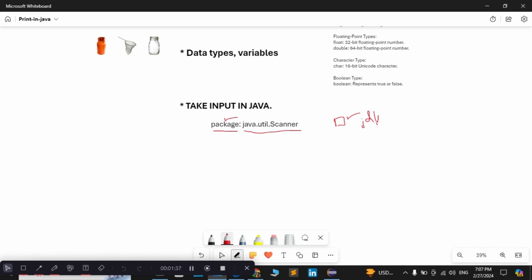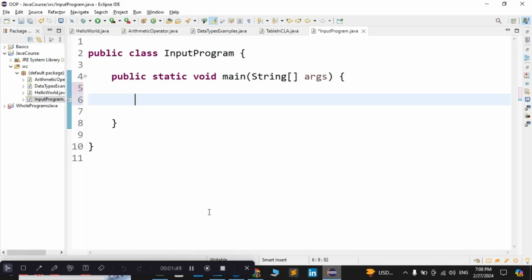They are stored in the JDK, and here is one folder, java.util.Scanner. We are going to use this package in our program. Here we use the keyword import, and we insert the package